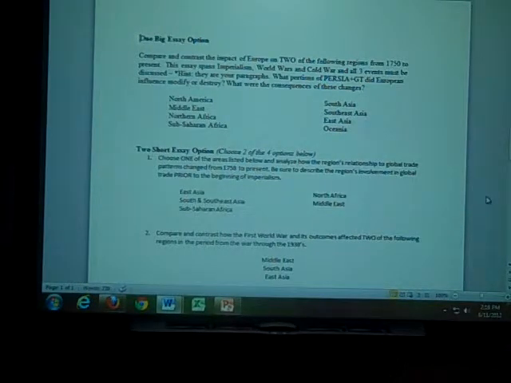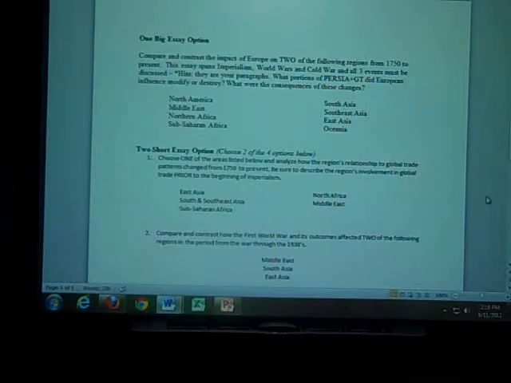The other thing I want to point out is the compare and contrast. So that means you need to show similarities in how they treated the two regions, and again, what some of the differences are between the two regions. So that's why it's a paragraph on imperialism, a paragraph on the world wars, a paragraph on the Cold War, and you talk about both regions in each paragraph. Because if you do a separate paragraph for each region, you're going to miss that contrast. So it's important that your paragraphs be on the time period, and that you mention both regions in each paragraph.